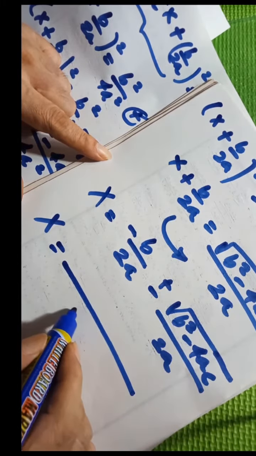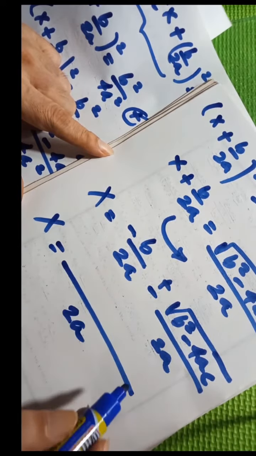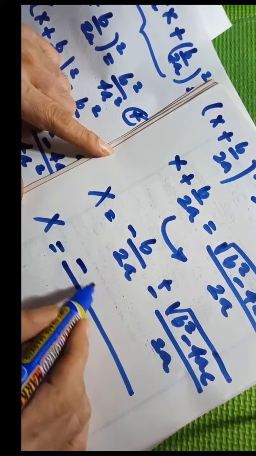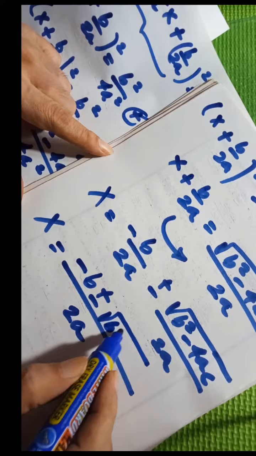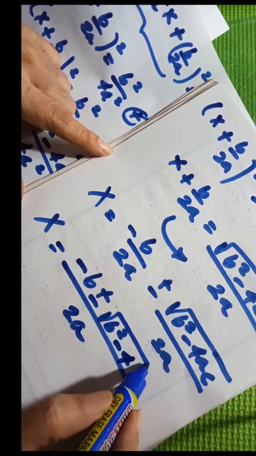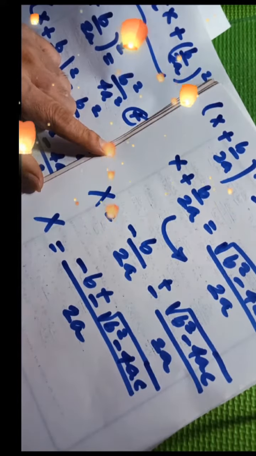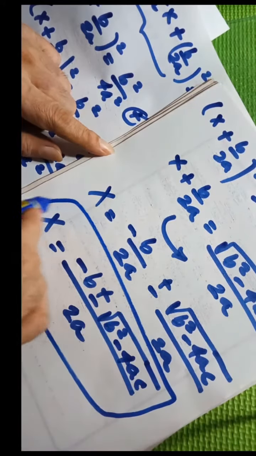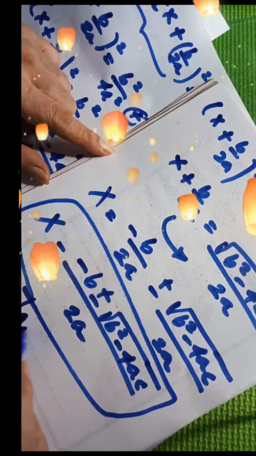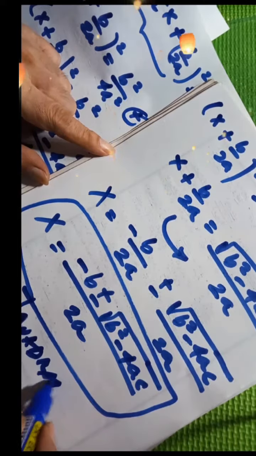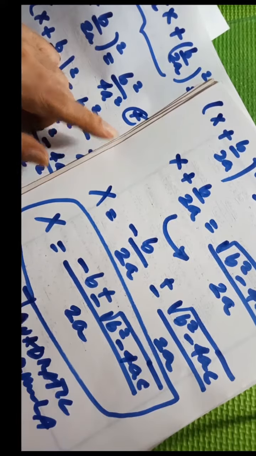Okay, now we take the right side into a single fraction by having the same denominator of 2a. The right side now becomes, we have the common denominator 2a, and the numerator becomes negative b plus minus square root of b squared minus 4ac. So this is how we arrive at this known formula, the quadratic formula. And this is usually used in solving problems